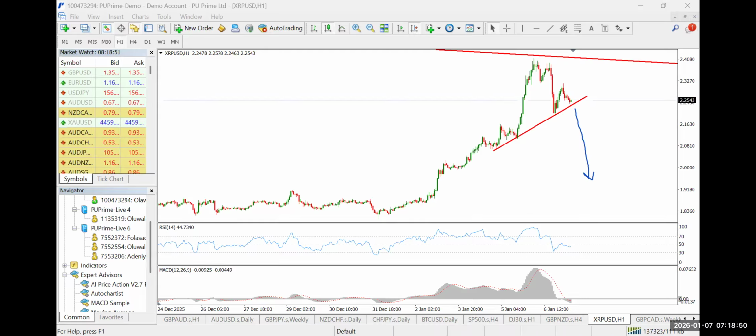All right, so that's going to be all from my end this morning. 3 instruments I've analyzed for us after carefully looking at the market. I'm bullish on the NZDJPY on both 1 hour and 4 hour, and I'm bearish on the DJ30 on 1 hour, and I'm bearish on the XRP on 1 hour. All right, that'll be all from my end.